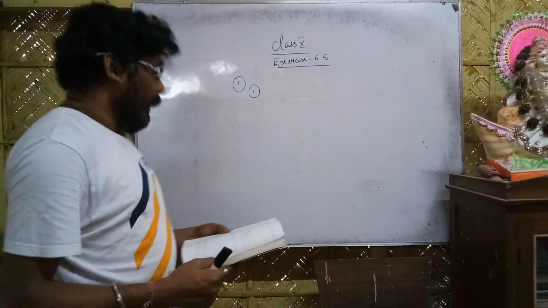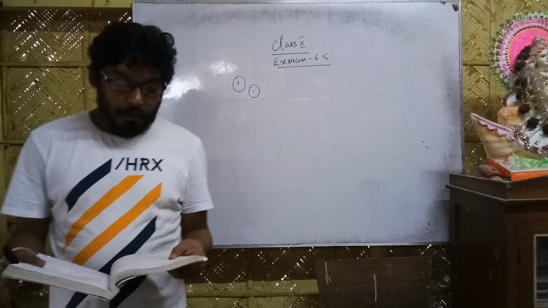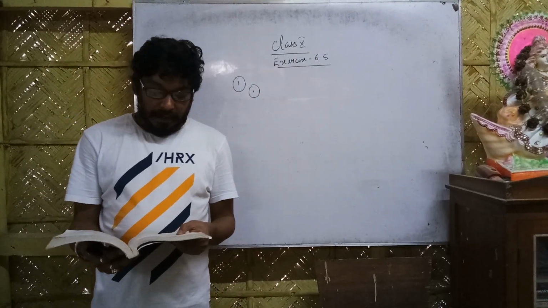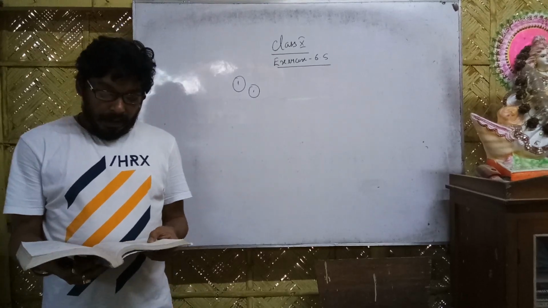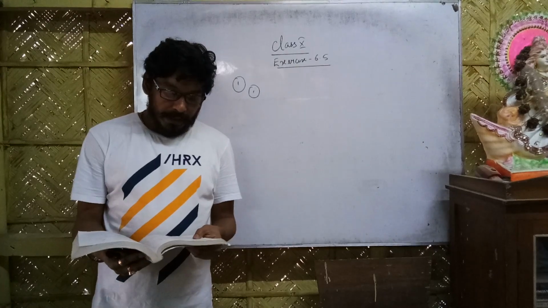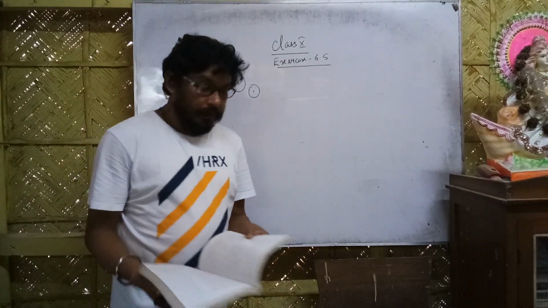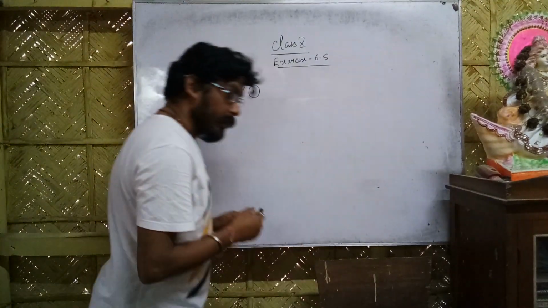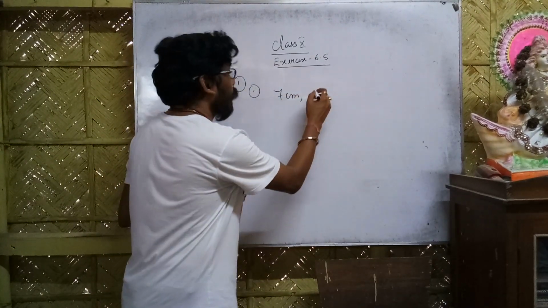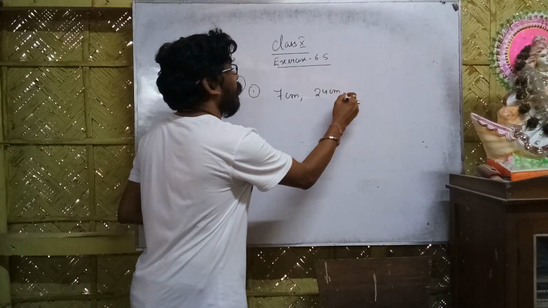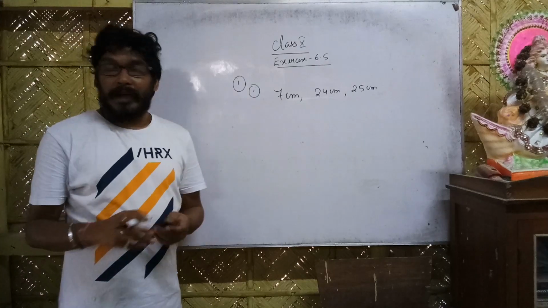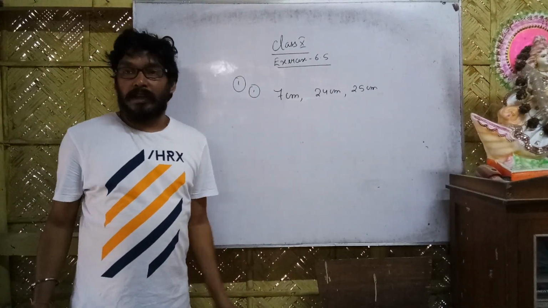अब देखो एक्सरसाइज 6.5 का 1 का रोमन 1, यहाँ पे क्या बोला गया, sides of a triangle are given below, determine which of them are right triangles. In case of a right triangle, write the length of the hypotenuse. यहाँ पे साइड क्या क्या दिया हुआ है, 7 सेंटीमीटर, 24 सेंटीमीटर, 25 सेंटीमीटर. You have to check first whether it will form a right triangle or not.